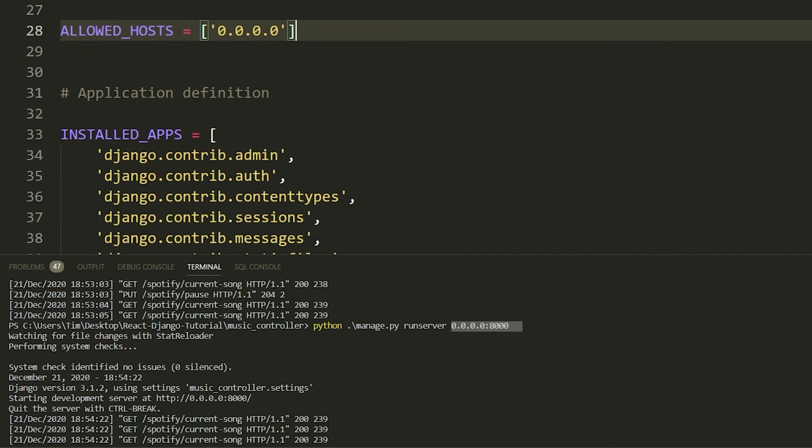Anyways, once you do this, to connect to this from a device that is not the current device you're running the server on, so rather than going to 127.0.0.1, you need to find the IP address of this device. There's many ways to do this. I'm not going to show you. I imagine you guys can do that or you can look it up. So the local IP address of this device that's running the web server, and then you need to go to that IP address, colon 8000, because that's the port, and this should work for you.